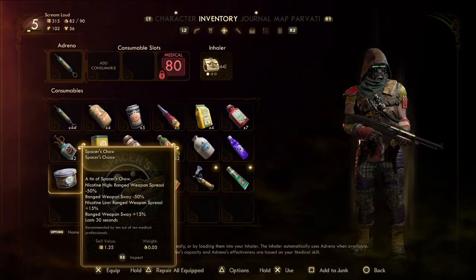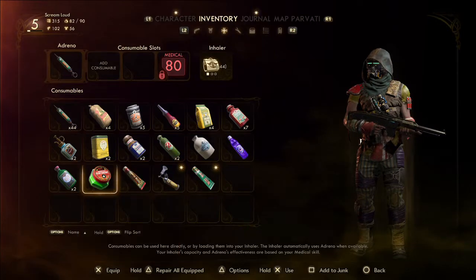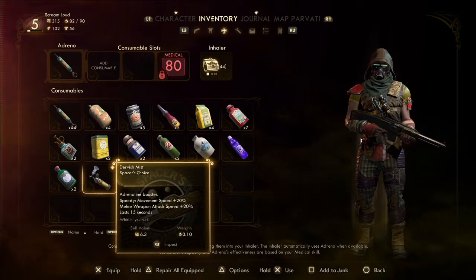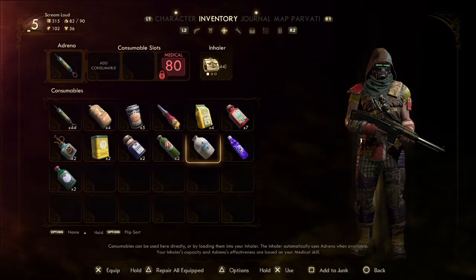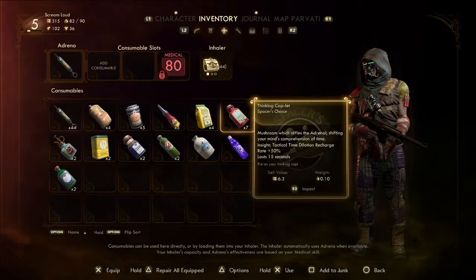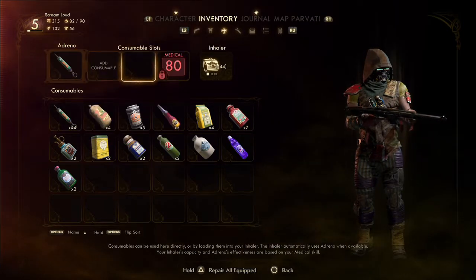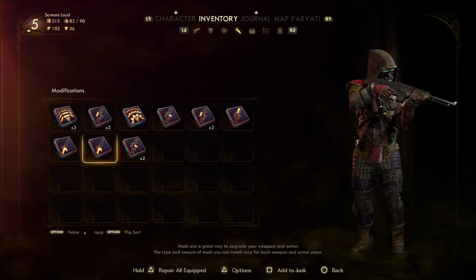I'm gonna clean house here for a minute, sorry. This is all the stuff we've got. So now we got 3 consumable slots open. Well, 2. Because you can't do nothing with this one. That's always there no matter what. So you got 2 slots we can stick stuff in. Anything here? I need to get rid of